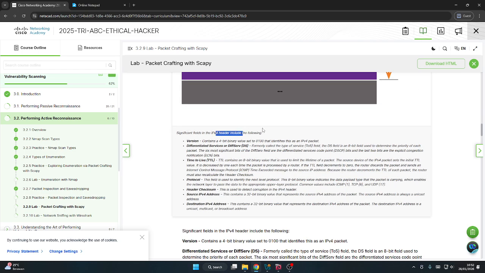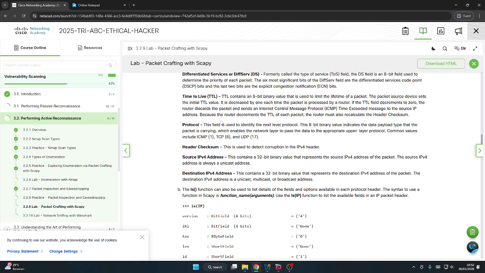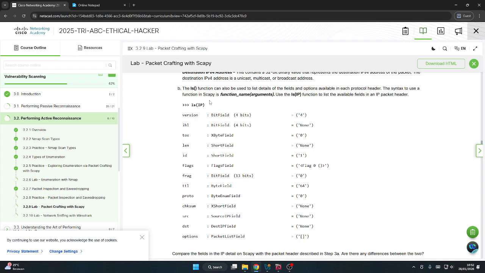Significant fields of the IPv4 header include the following: version, differentiated services or DiffServ, DS, time to live, TTL, protocol, header checksum, source IPv4 address, and destination IPv4 address. The ls function can also be used to list the fields.